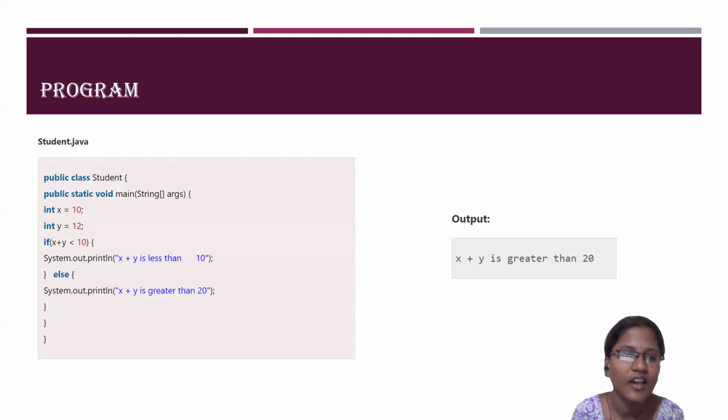Let us check. 10 plus 12 less than 10. No, right? The condition is evaluated to false. So this block will be skipped, and the else block will be executed. That is x plus y is greater than 20. So the program will print x plus y is greater than 20. Okay. Next one,